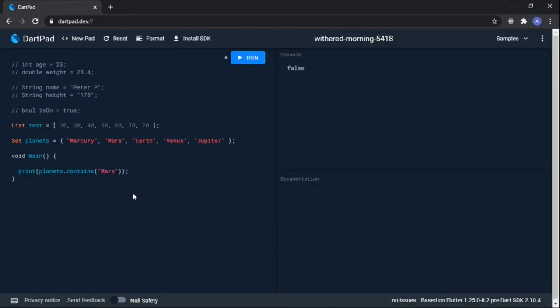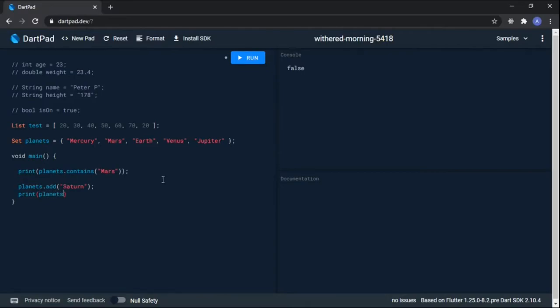How about adding a new object? Well, it's very simple. It's just like actually a list. You can say planets dot add, let's add Pluto, no, I don't think you add Pluto. Wait, let's just add Venus. We have Venus, Jupiter. That's all the planets I know. Wait, I know another one. I know Saturn. Yes, there's Saturn. Let's add Saturn, and then print